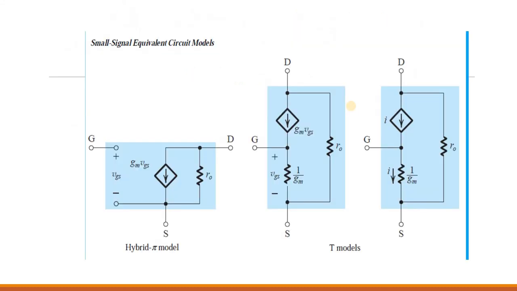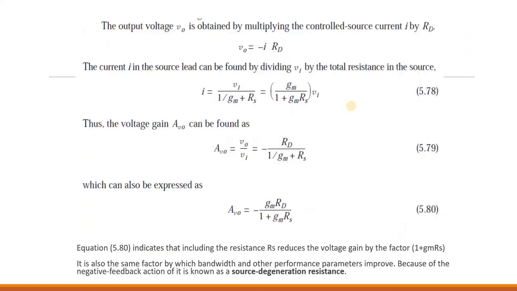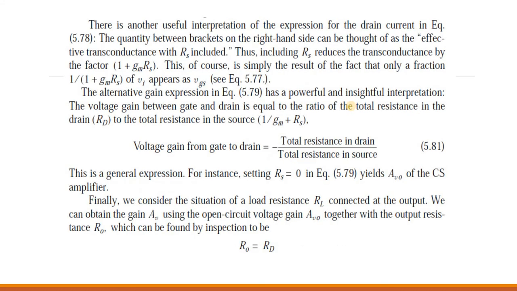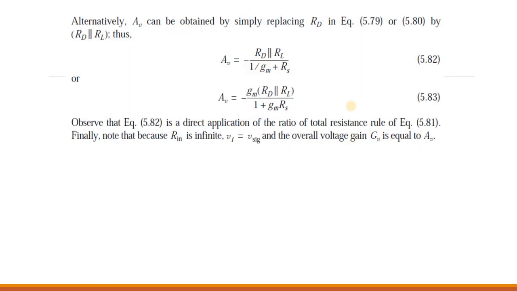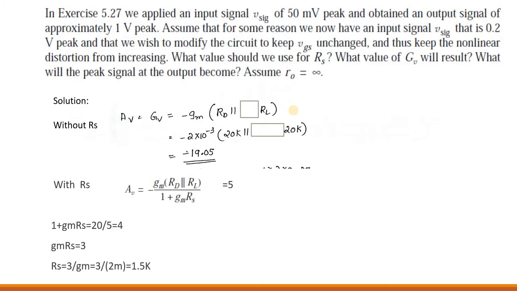And then, this one, that is what is the output voltage and what is the open circuit voltage gain, V naught divided by Vi. And then open circuit voltage gain you will be calculating, and then the output resistance, which is equal to Rd. And then how did you obtain this AV, the overall voltage gain. Okay, that is very important.